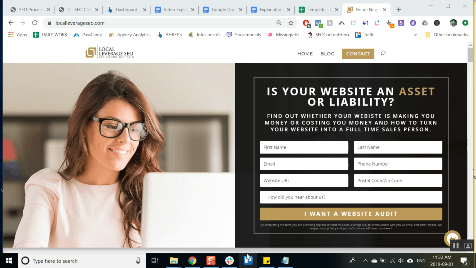Then in step 2 we did our Ahrefs initial keyword research. We talked about the different metrics like volume, keyword difficulty, and cost per click, right? And we started compiling a list using those initial seed keywords. We also looked at Google and checked out some of the related terms to get other ideas. We analyzed our competitors, okay? We also checked to see what they were ranking for with regards to organic keywords and looked at their top